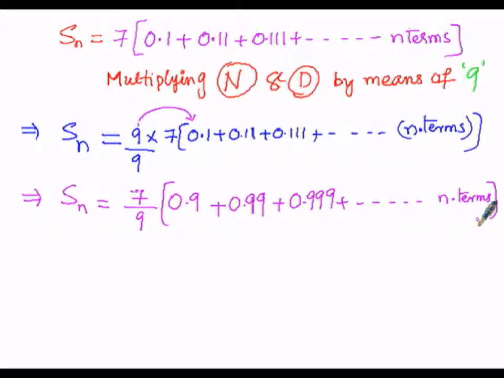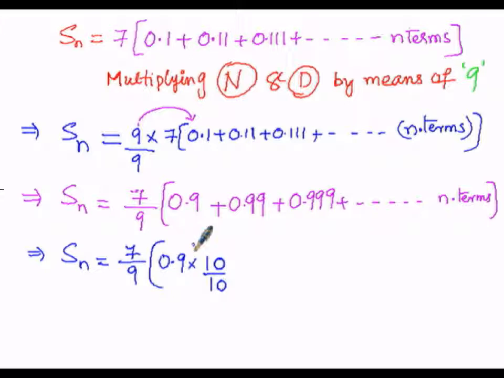Then the next logical step will be: that implies S of n is equal to 7 divided by 9 bracket. In order to remove this decimal, after the decimal there is 1 digit, so here 0.9 is written as it is. After the decimal there is 1 digit, so I am going to write 1 followed by a 0, that is 10. So I am multiplying 10 in the numerator and dividing 10 in the denominator, so as to remove this decimal.